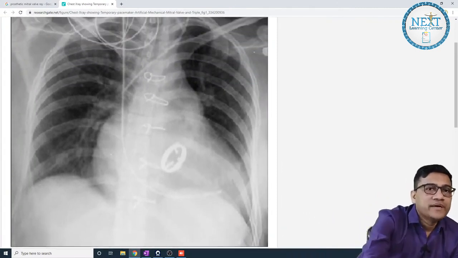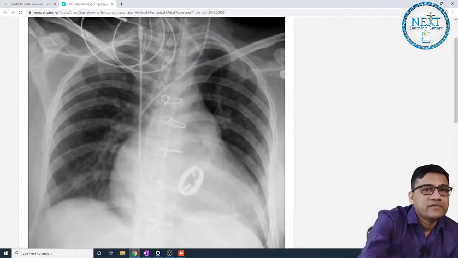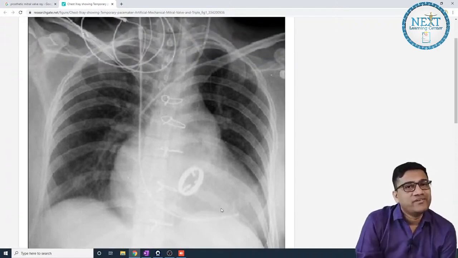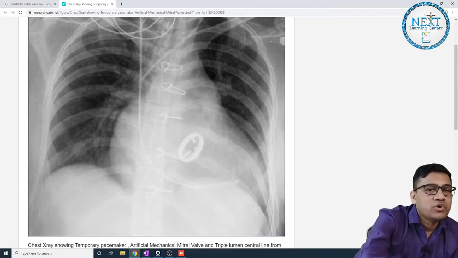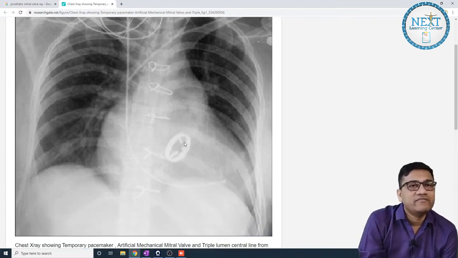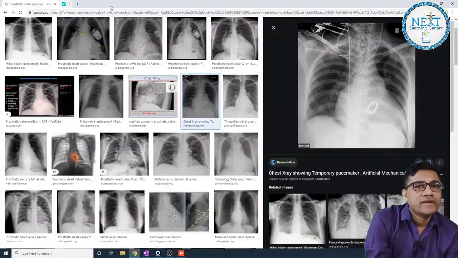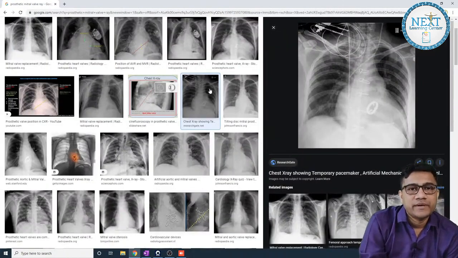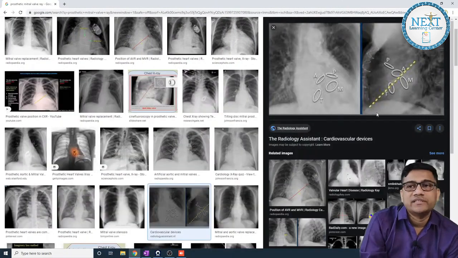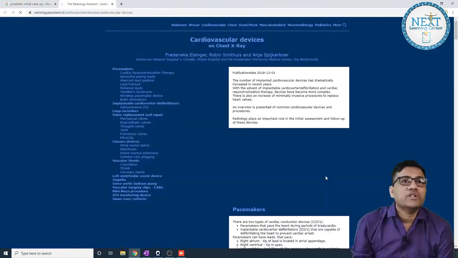And also a pacemaker. They are inserting a temporary pacemaker. What are these wires? They are pacemaker wires. They give current to the ventricle and make it beat. So there is also an artificial pacemaker inserted. This is the prosthetic valve and this. Okay, clear? So let me just make a better diagram. In case they give this diagram, this is showing the location of all the valves.